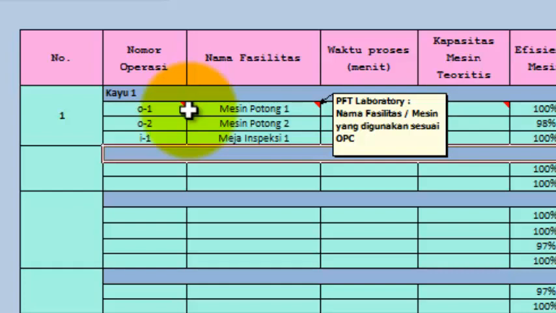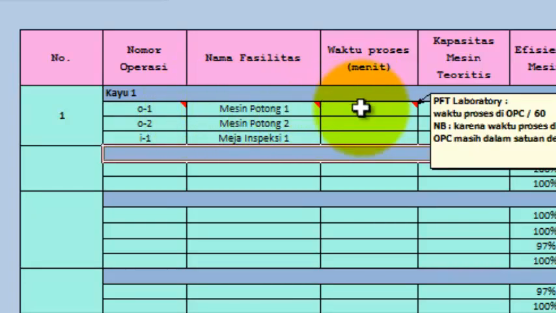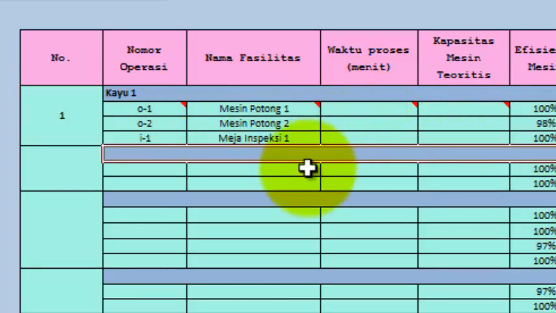For the process time, you get it from the operation process chart too, based on each process. You have to divide the process time by 60 seconds, because in the OPC the process time is in seconds, so you have to change it to minutes.